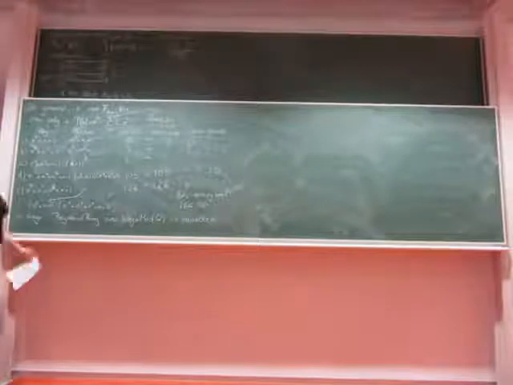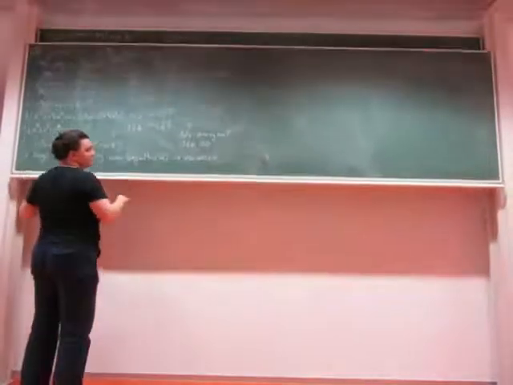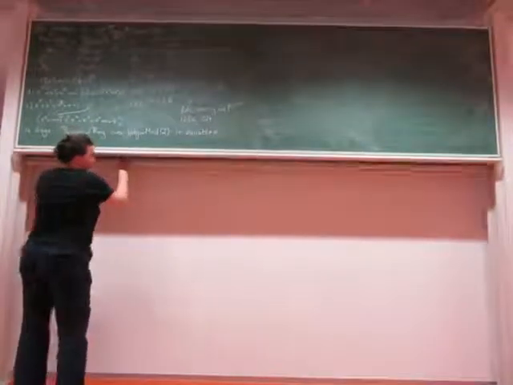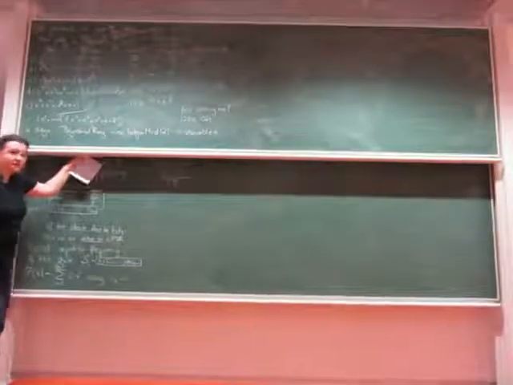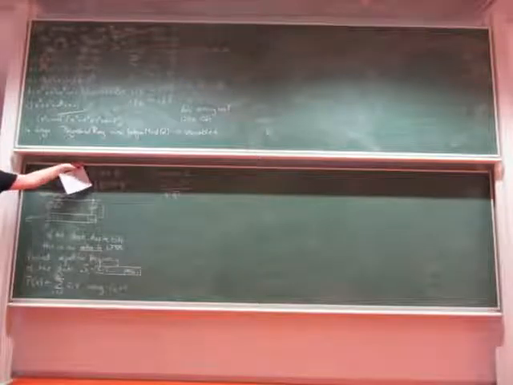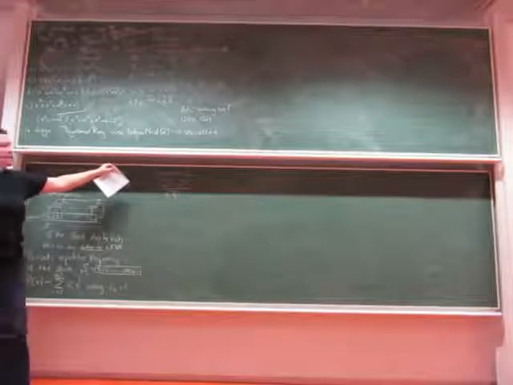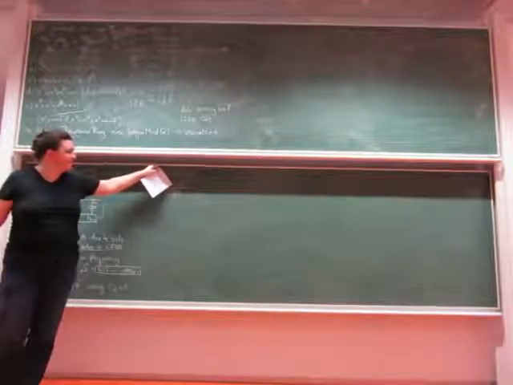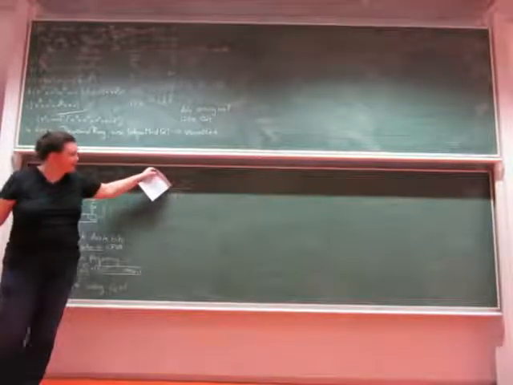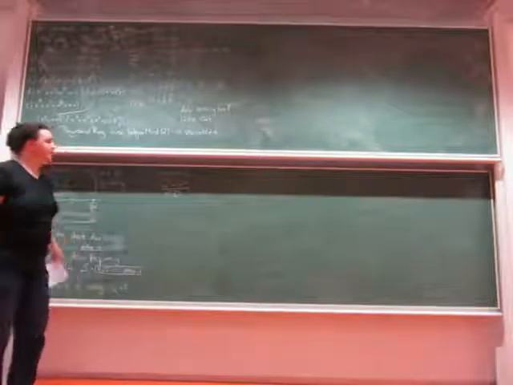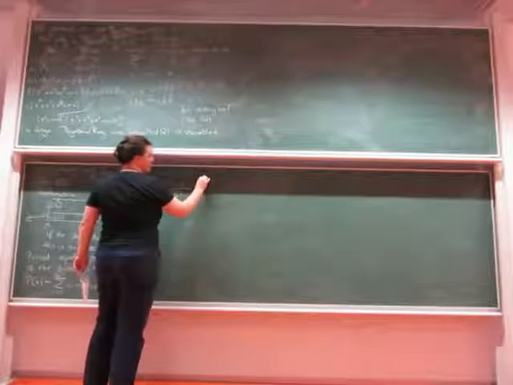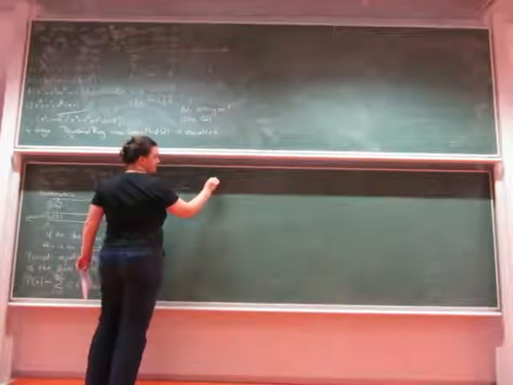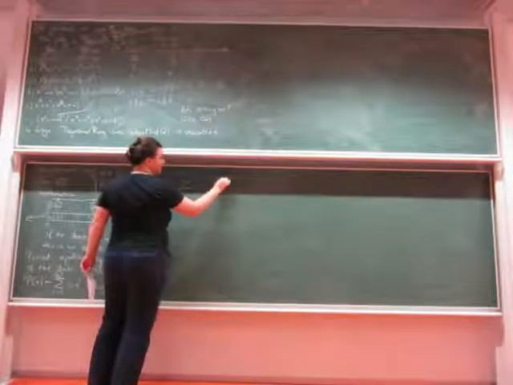There were some other exercises on the sheet. For the second one, I made a typo. If you reload the page, it is now fixed, so it's not alpha to the j plus 1, it's alpha to the j minus alpha to the j bar. And there's also a square root of 5. Or in general, and that will help with exercise 3,